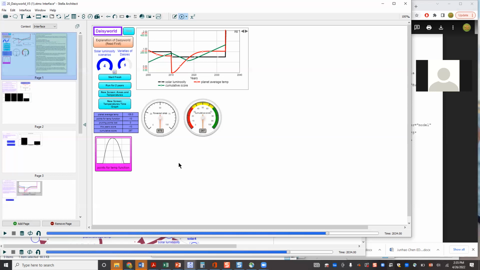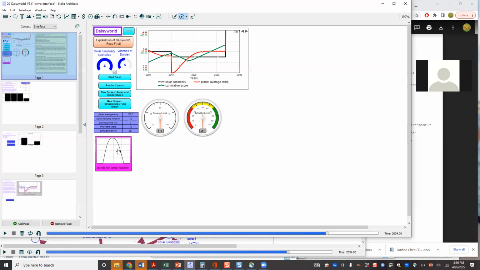But at a higher sort of meta level, my goal, the reason I wanted to put this model in front of you today, is I think it really gives you some sense of where you might go with your modeling projects, or at least what opportunities you have if you want to create something that a user can interact with, the idea of different scenarios. And there's a lot of stuff we haven't played with at all, which is sort of built into the model,